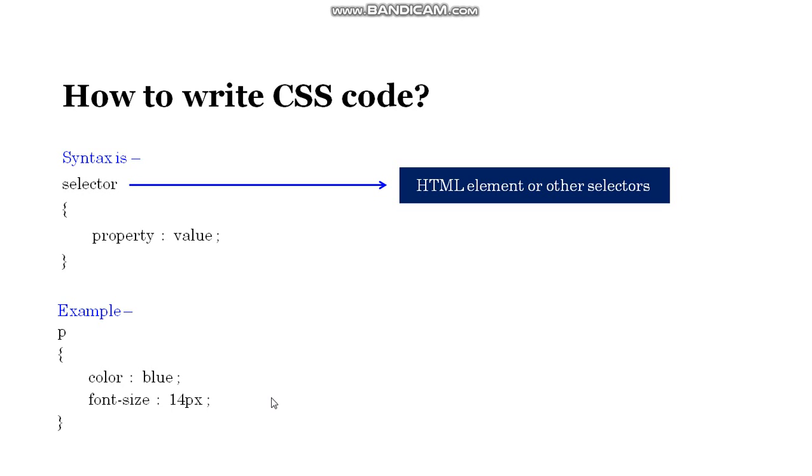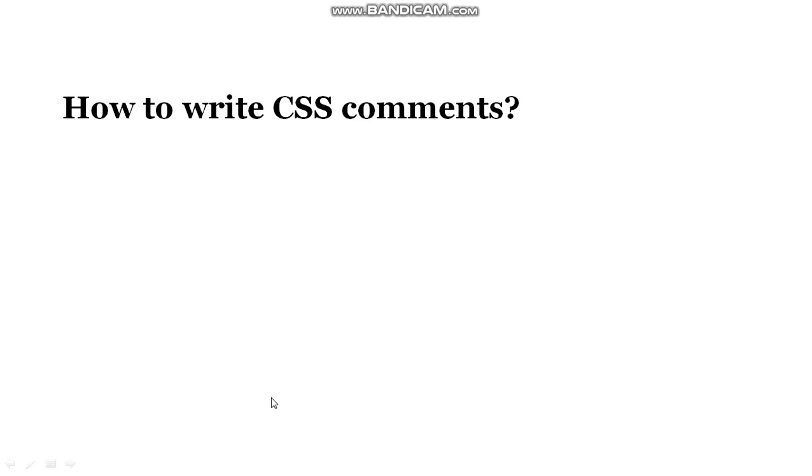Now the last part of this brief introduction is the CSS comments. Like every language, CSS too has its comments, which can be used to explain the code or edit the code for future use. And like comments in other languages, they are also ignored by the browser. So CSS comments look like this. It's opened with a slash and an asterisk, and then you write any CSS comment you want, then it is closed with an asterisk and a slash.